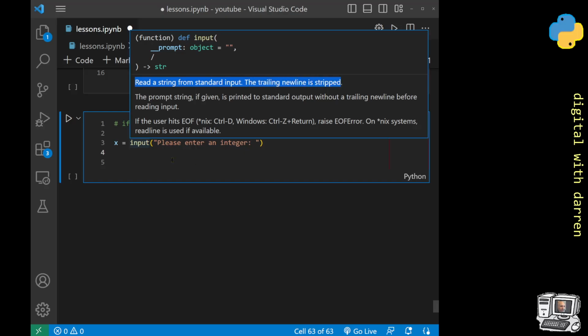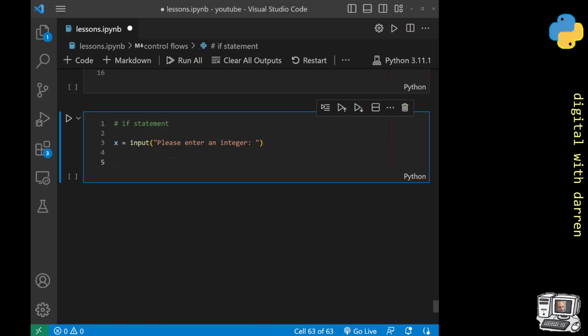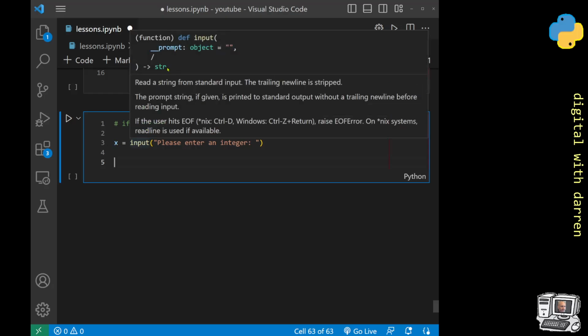But basically what it does is it allows a user to input a value. This stops the control flow until the user has input a value, hit return, and then that value gets assigned to this variable x. We see here that whatever is returned is in fact a string, and that's why this input was enclosed inside of the